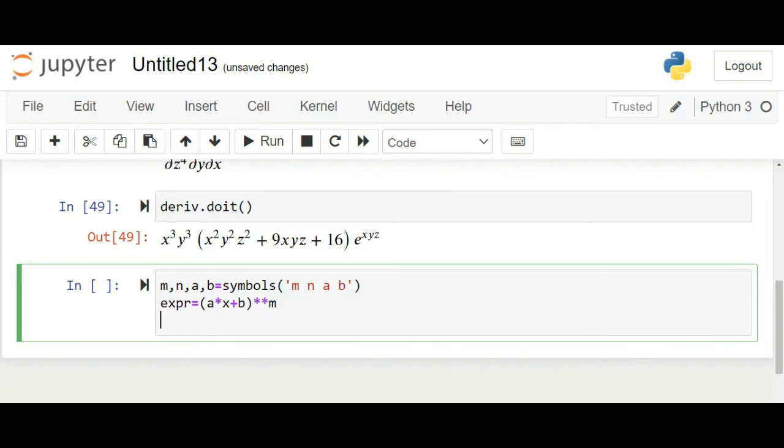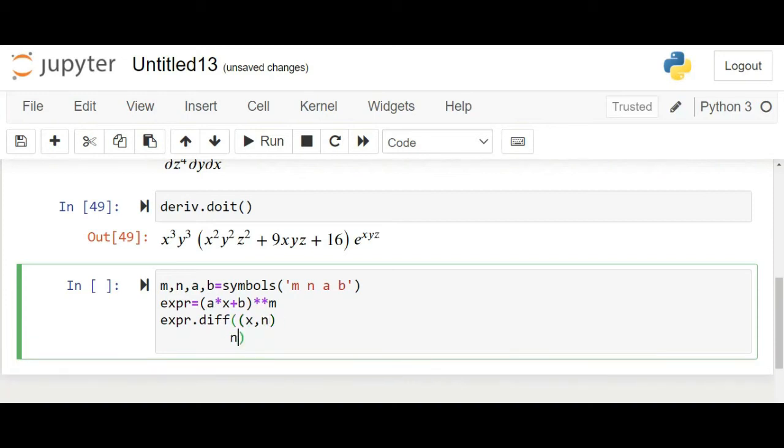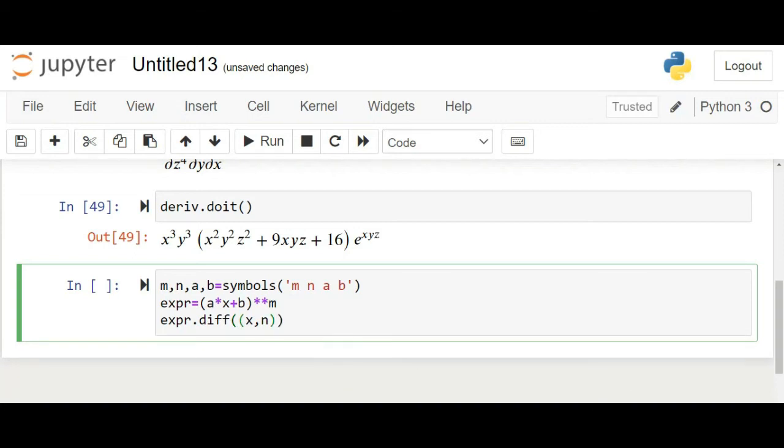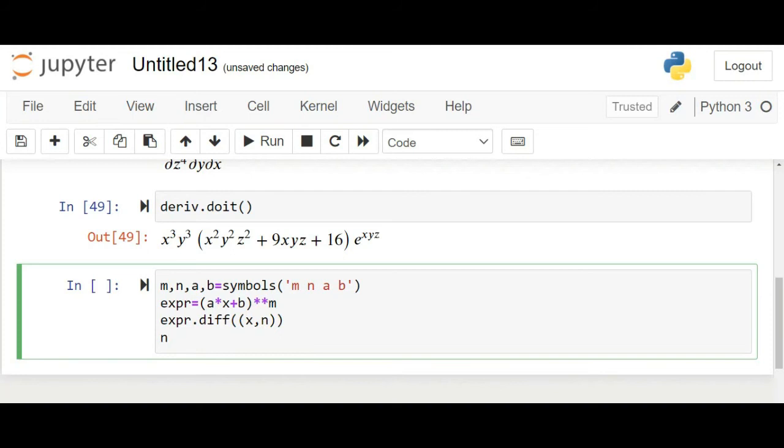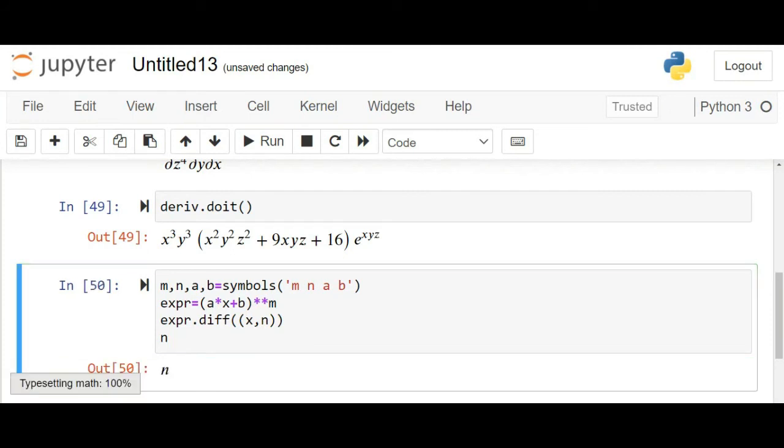In the same way, expression dot diff inside the single quotation x comma n, and then we write n, pressing control and enter button,